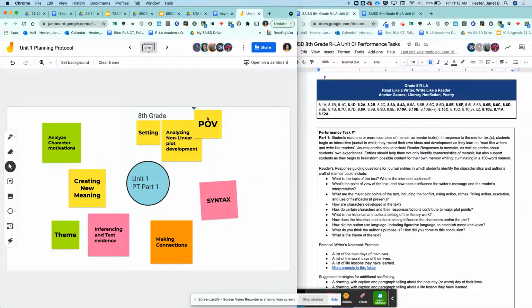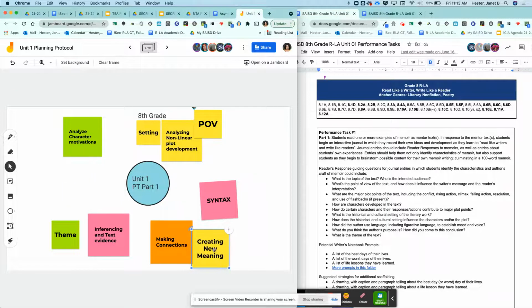Could it be something that we mention when we're teaching the plot and setting as well as character motivations? So it can kind of be just a little bit of a... I think a memoir would be a really ideal mentor text to show the different ways point of view comes across. Agreed. I think creating new meaning and making connections might be really good to kind of show students